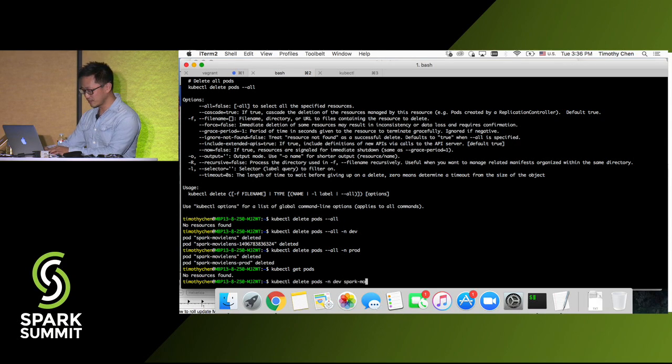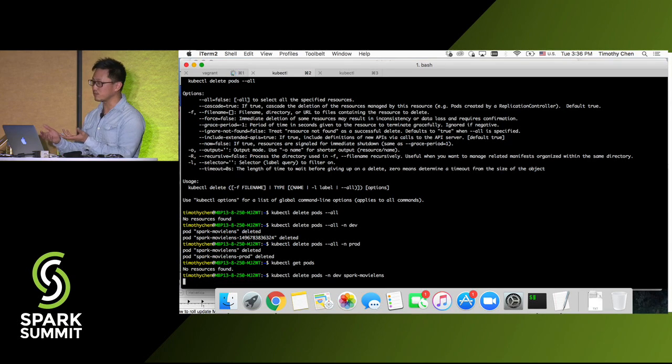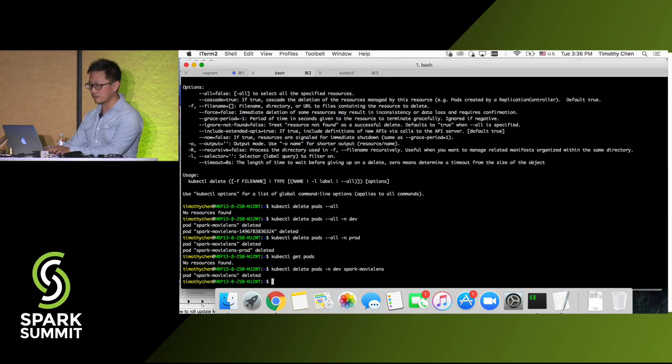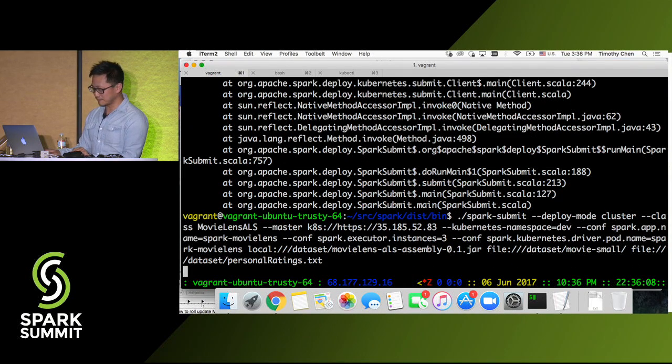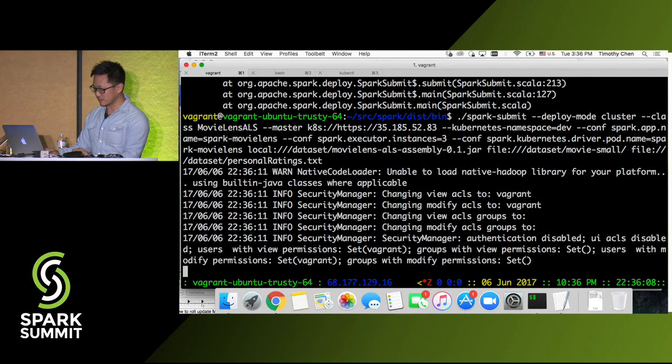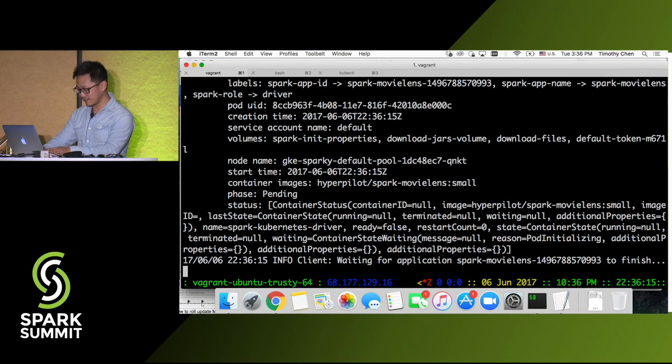Spark, movie lens. Yeah, because we actually generate a unique ID for every job pod. It's easier for me to point to a URL. I hard-coded a pod name here, but in this case, it should be better. Okay, now it's running. All right, so